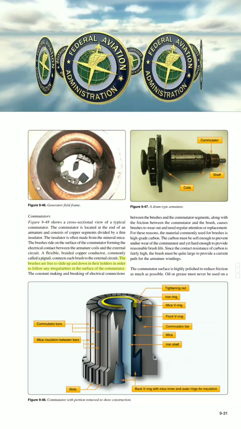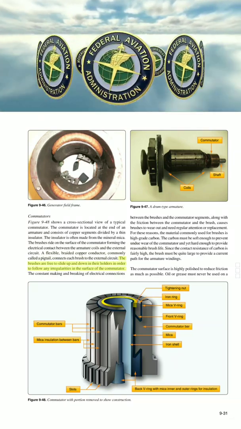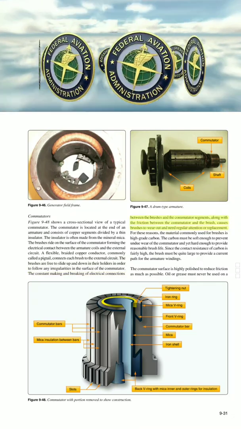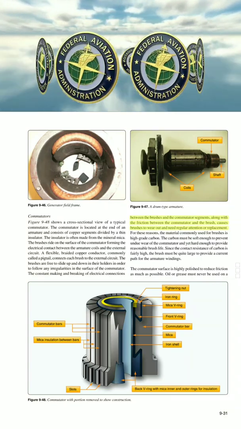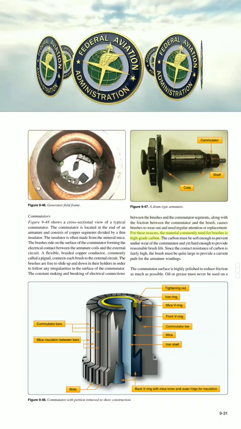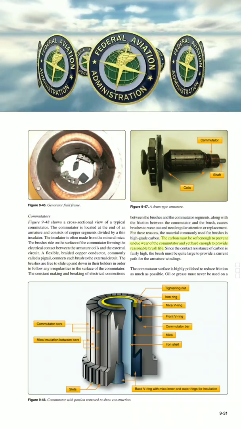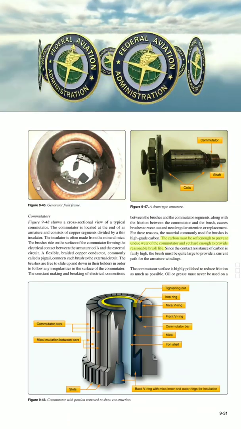The brushes are free to slide up and down in their holders, in order to follow any irregularities in the surface of the commutator. The constant making and breaking of electrical connections between the brushes and the commutator segments, along with the friction between the commutator and the brush, causes brushes to wear out and need regular attention or replacement. For these reasons, the material commonly used for brushes is high-grade carbon. The carbon must be soft enough to prevent undue wear of the commutator, and yet hard enough to provide reasonable